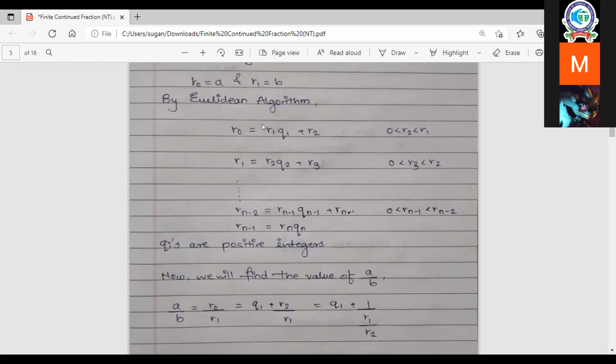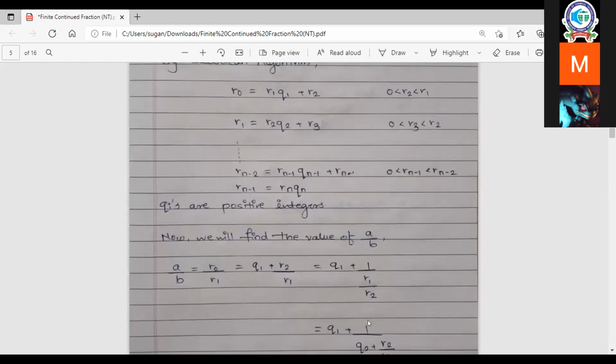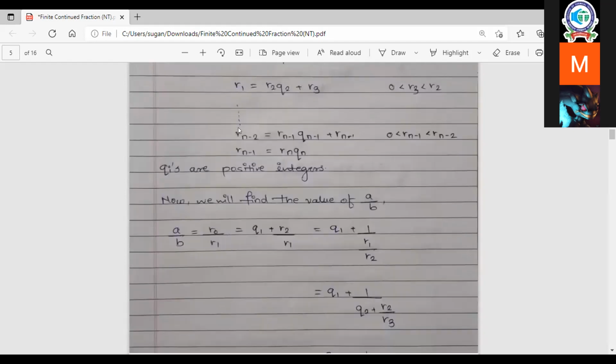If we divide R0 by R1, we get R0 by R1 equal to Q1 plus R2 by R1. We write it in this form as Q1 plus 1 upon R1 by R2, and R1 by R2 can be found from the next equation. If we divide this equation by R2, we get